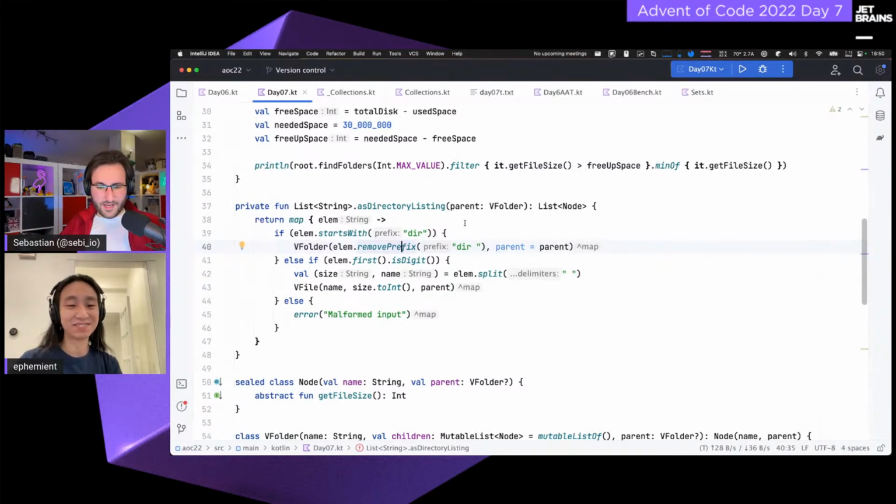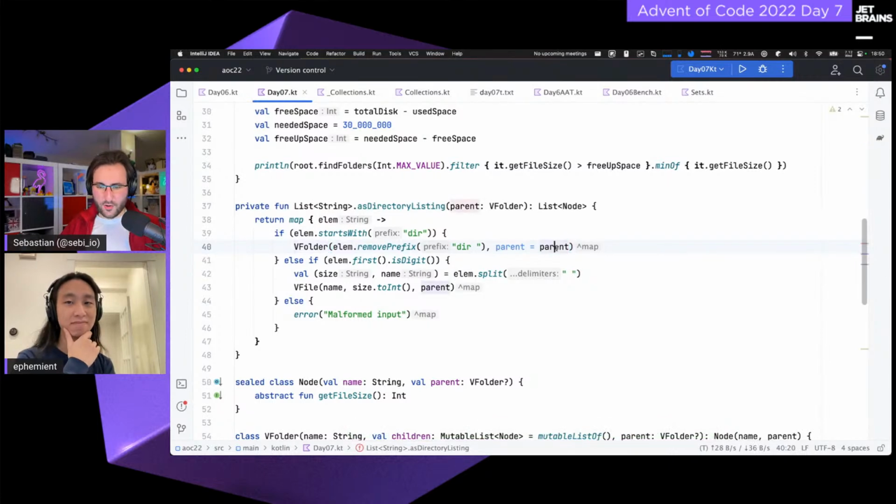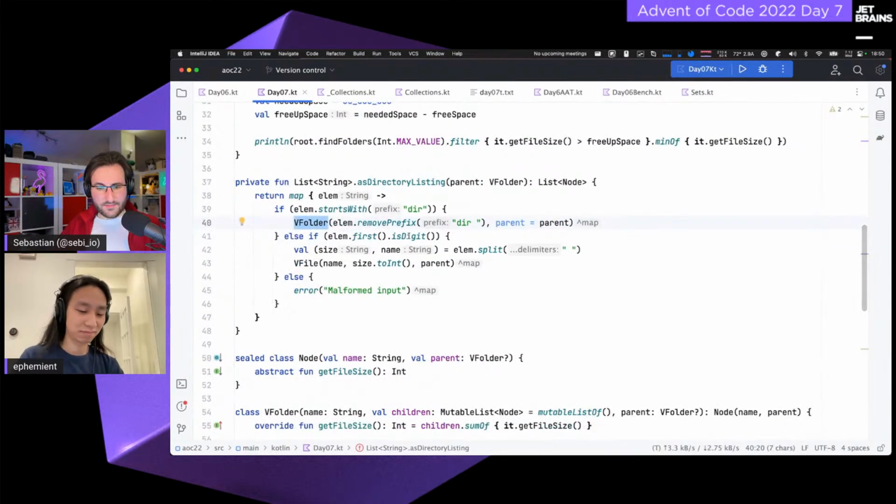So if it is a directory, we're gonna get rid of that prefix and its space, and we're gonna create a new folder object, hooking it up to whatever is supposed to be the parent where this folder is contained in. And if the first thing that we're seeing is a digit, then we clearly have a listing for an actual file, where the first part is the size and the second part is the name.